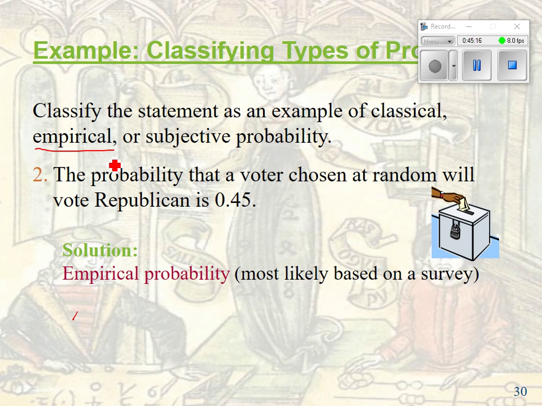I figured it was about 50. All right, so probably empirical. Is it 50-50? Probably not. With the presidential stuff going on right now, you should know it's not 50-50, right? It's more Democrats, probably closer to 60% than 55, but